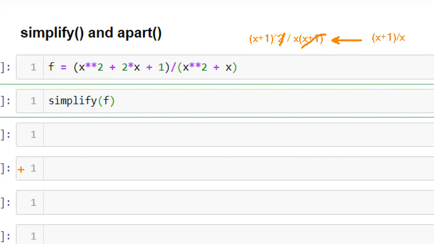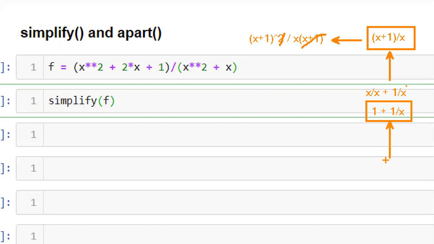So when you are using simplify, the simplify function gives you this value on the screen. If you want to simplify this one more step, how can you do that? You can divide the denominator into each and every element of the numerator, so you can write x by x plus 1 by x. In the next step, this x by x gets cancelled and then you'll get 1 plus 1 by x. If you want to get this value, you need to use apart.